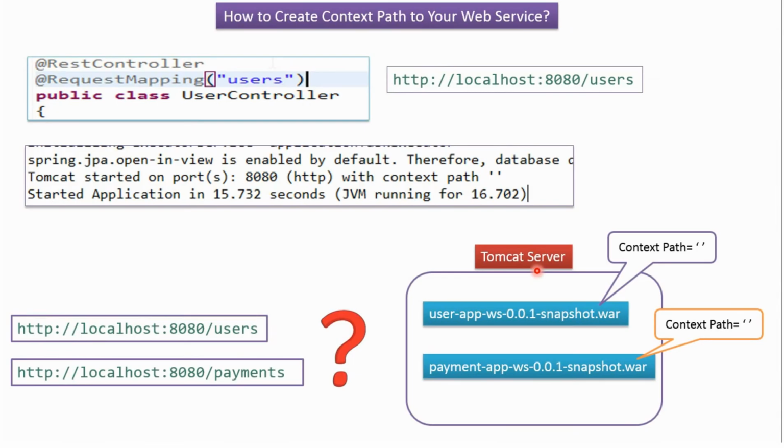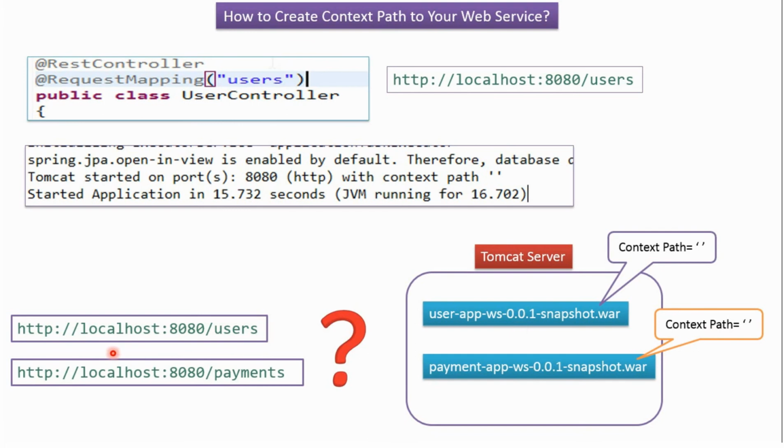Now we will see why context path is needed. Here you can see the Tomcat server. Suppose there are two applications deployed, and this application takes care of user create, update, delete and get requests, and this application takes care of payment related requests. The context path for this application is empty and the context path for this application is also empty, meaning context path is not defined.